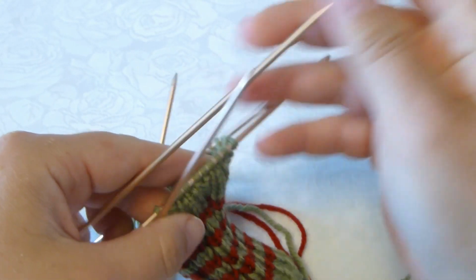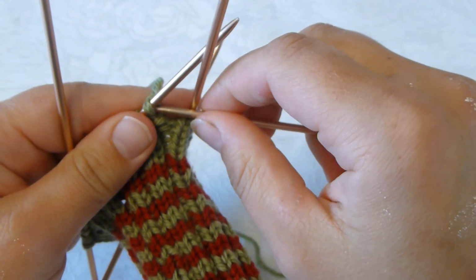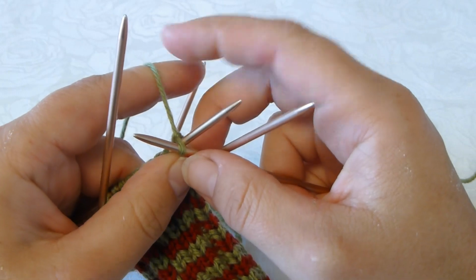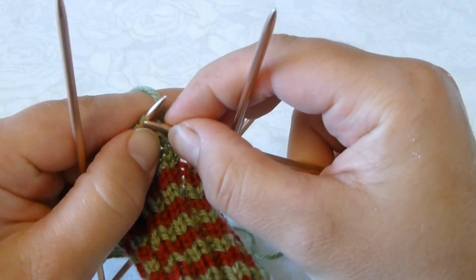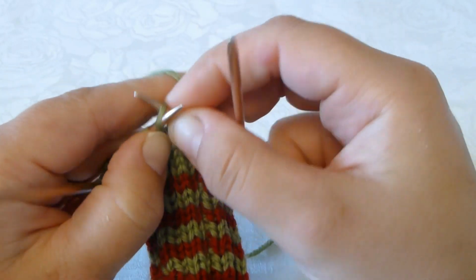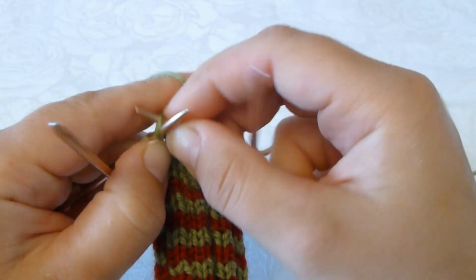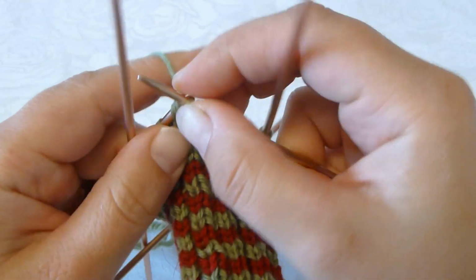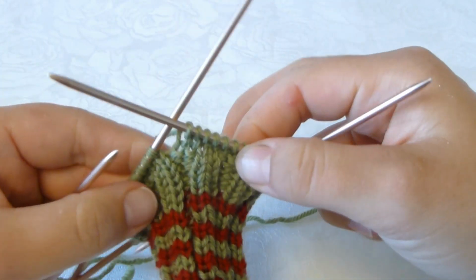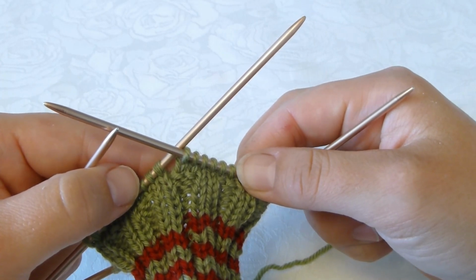Then I turn my work around again. Now facing the right side, I can slip the first stitch. I already have my yarn away from me here, so I don't have to worry about that. And then I will knit my way back to the beginning of the row. So now I have completed the 2 first rows of my heel flap,